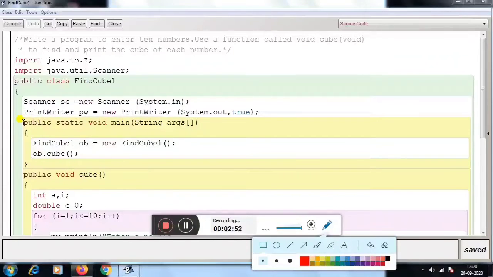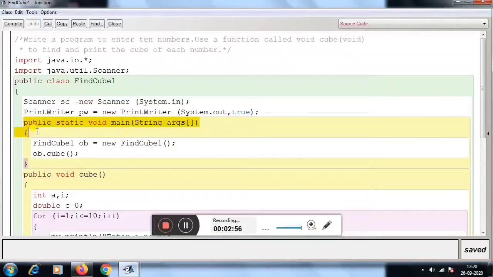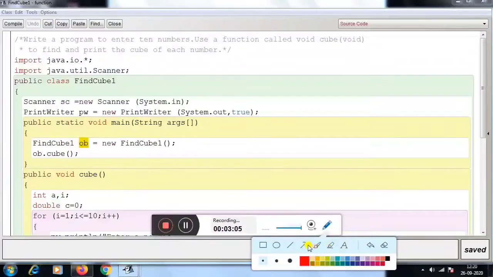After that, here we have started the main function, then we have created one object called ob. See, when we need to call any function, that function needs one object to call the function definition.